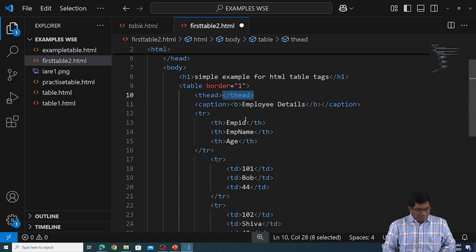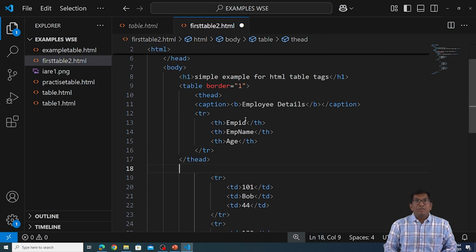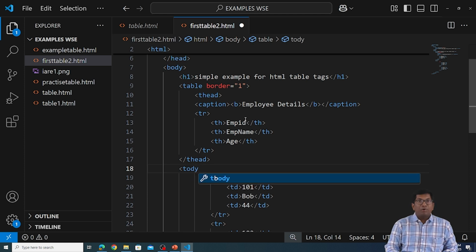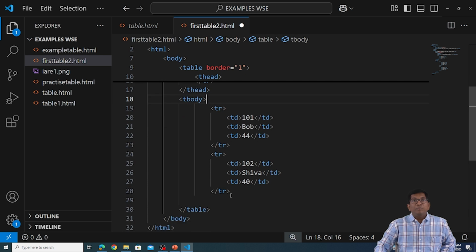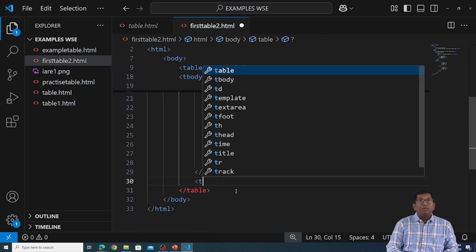Close this TR element, T-head. And actual data will start with the T-body section. So after dividing, we can apply some CSS properties to these sections in future. So T-head, T-body, where we store the actual content, and T-foot, we can give here the T-foot